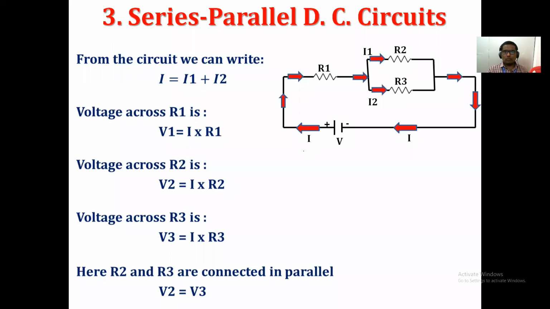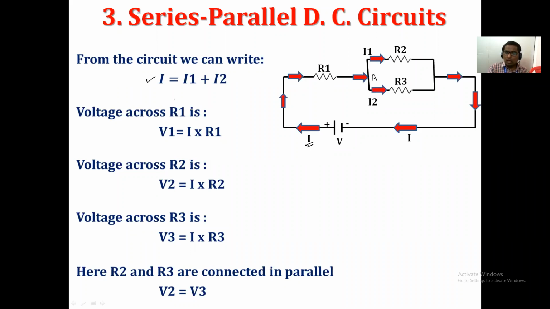Now see, once again, the same circuit diagram. From this circuit diagram, the total current I starts its journey from the positive terminal. When this current I meets point A, the current is divided. It can be divided into two parallel branches, which we say are I1 and I2. So can I write the equation for the total current I, which is equal to I1 plus I2?